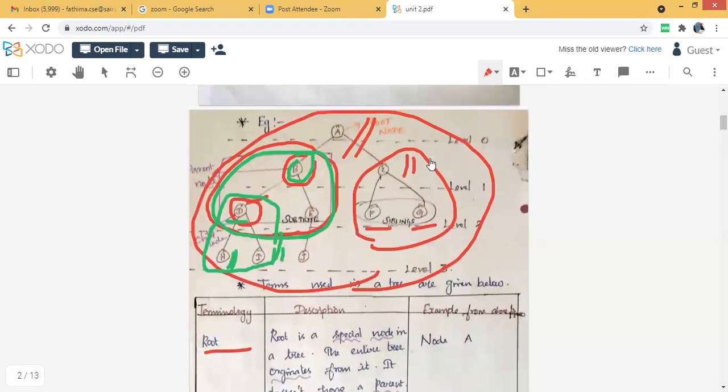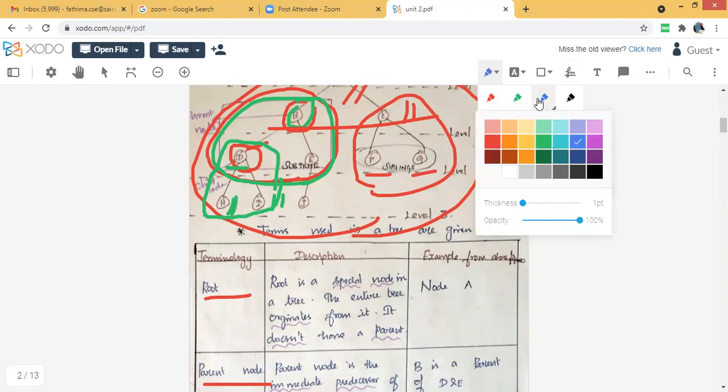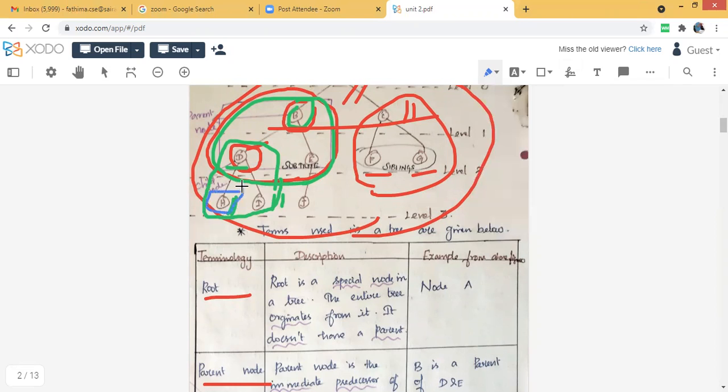Here I have taken an example tree. In this, A has children B and C. B has children D and E. E has a child J. C has children F and G. Which nodes don't have children? Obviously H as well as I, J, F, G. These are all the nodes that don't have children, so these are all the leaf nodes.